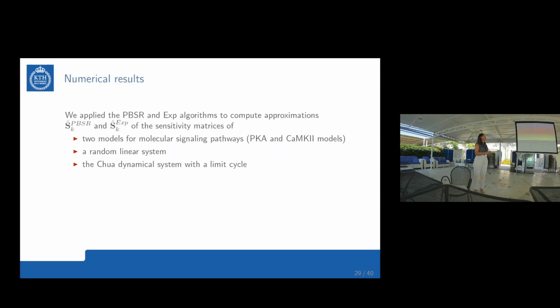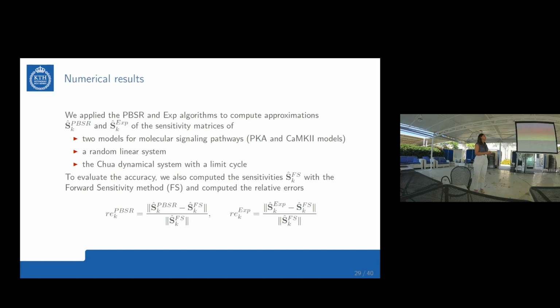So now a last section about numerical results. We applied both these algorithms to compute the approximations of the sensitivity matrix of two models of molecular signaling pathways that we call PKA and ChemKinase models, that are these systems biology models. We applied them also to a random linear system and to a two-way dynamical system that converges to a limit cycle. And to evaluate the accuracy, we compare this sensitivity matrices approximation with the forward sensitivity method that we consider